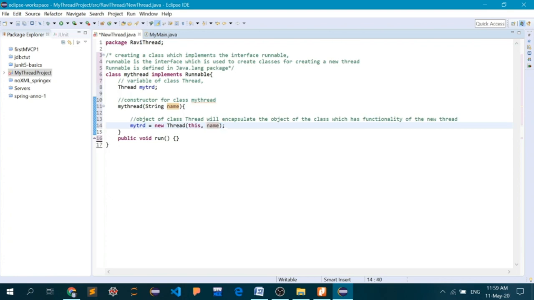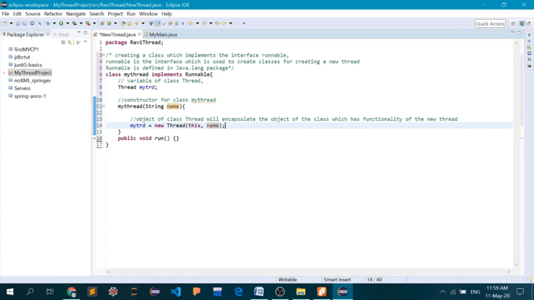This is a bit confusing, but all I have done is that while I am creating a new object of class thread, the constructor of thread class accepts two arguments. One is another object and the other is a string, which is the name of the new thread.